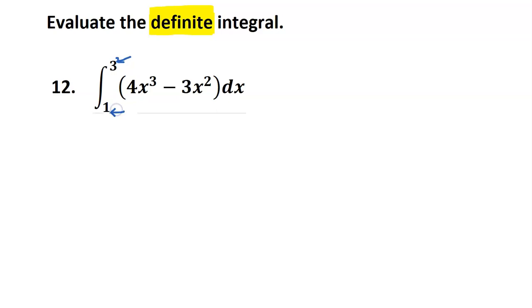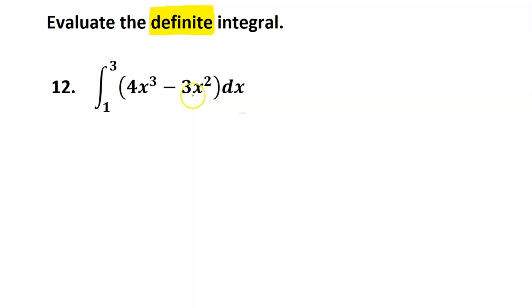The 1 is called the lower limit of integration, and the 3 is the upper limit of integration. That's what makes this a definite integral. And I'll show you what to do with those in a minute. But the first step of finding the definite integral is to ignore the numbers and find the antiderivative like you